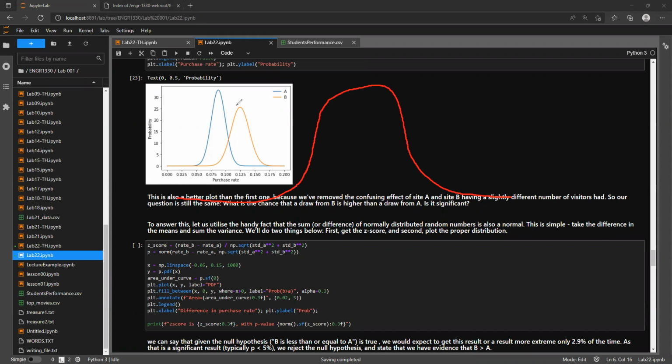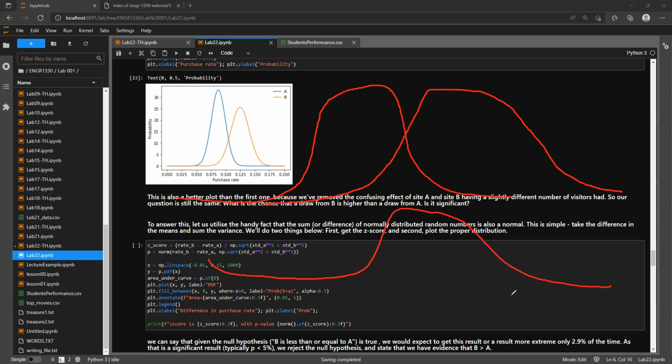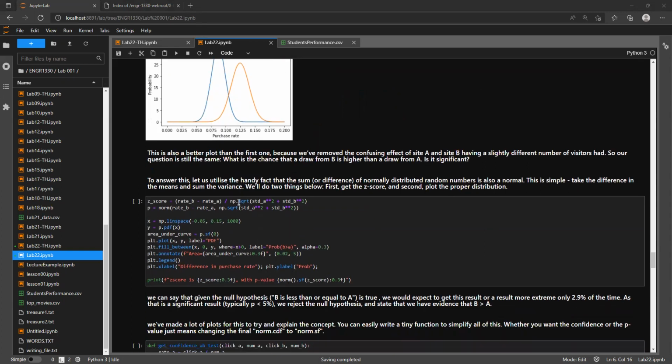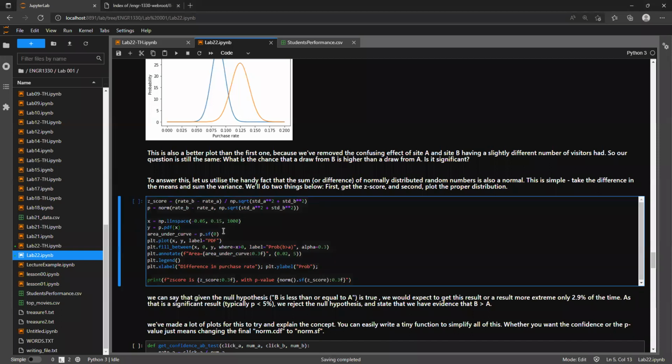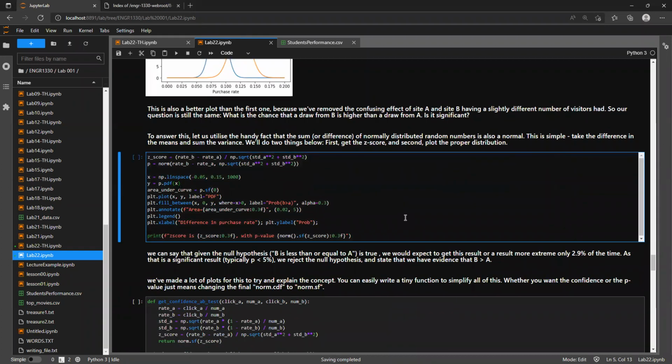There's a fact, which you're not expected to prove or anything, this isn't a math class, that the sum of 2 normal distributions is also normal. The difference is also normal. So we're going to abuse that fact. So what we're going to do is take the sum, or maybe the, which one is it? We're going to take the difference of,